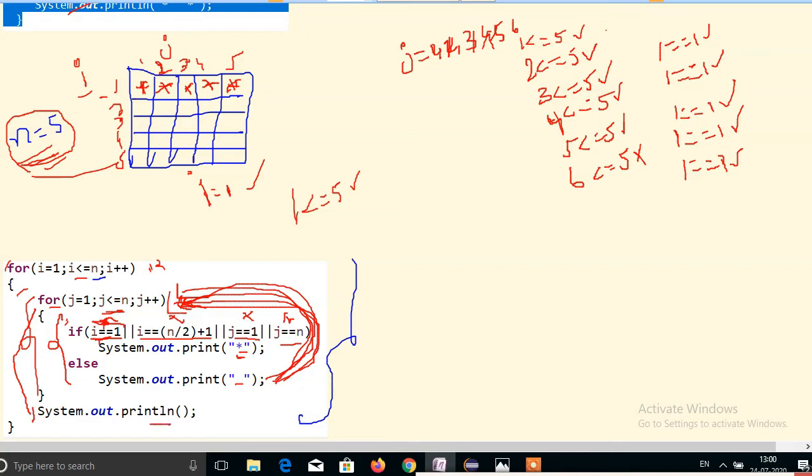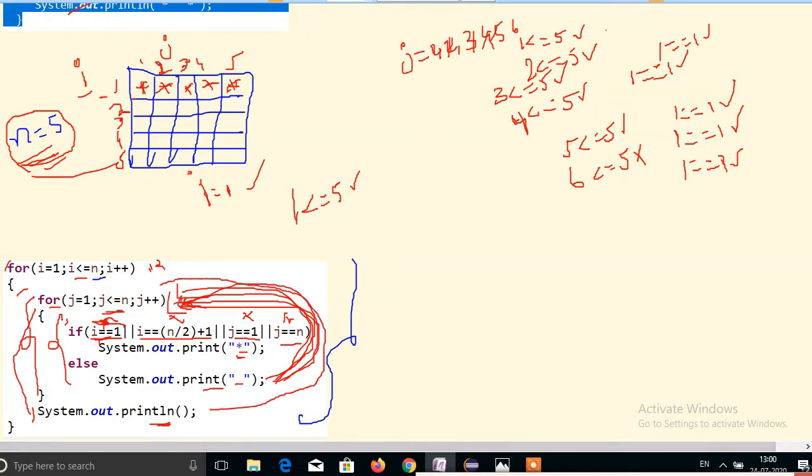So what is the difference on println now? Print means it will print in a straight line, println means it will print on the next line. That is the difference between print and println. So we have given println, so the cursor will be moved to the second position. Now it will go to the outer for loop increment part.